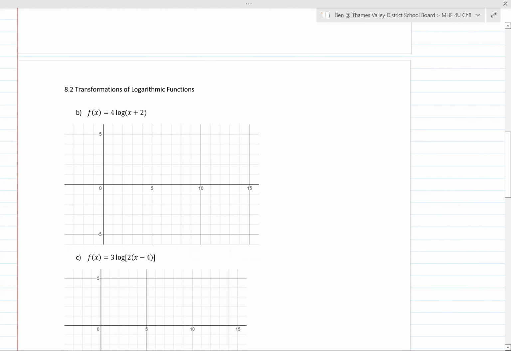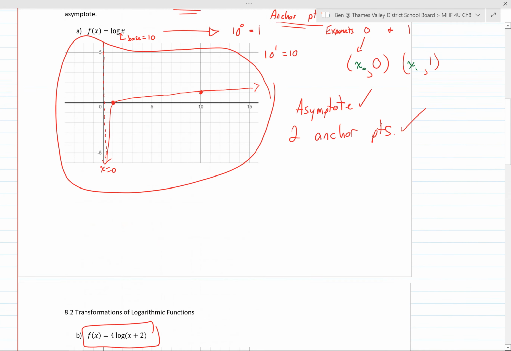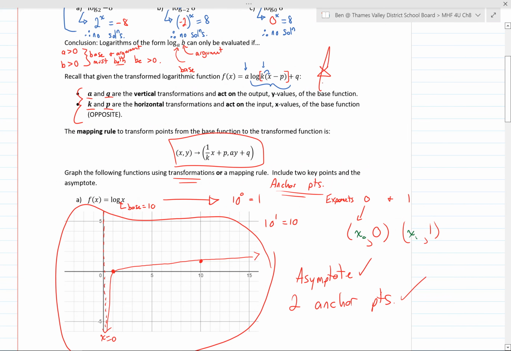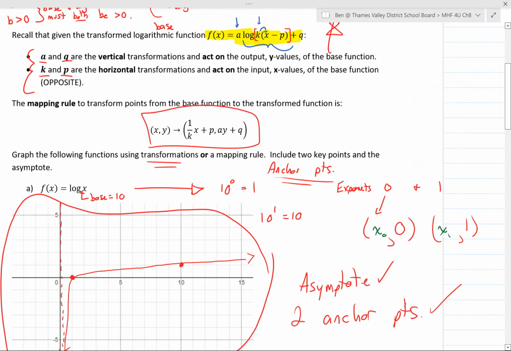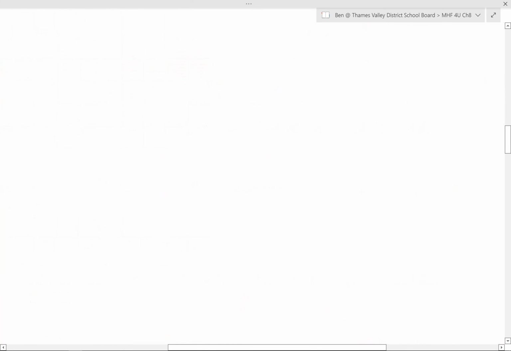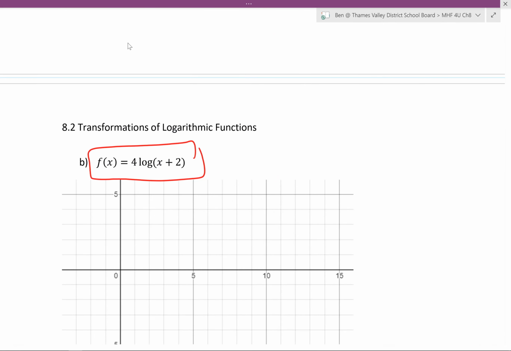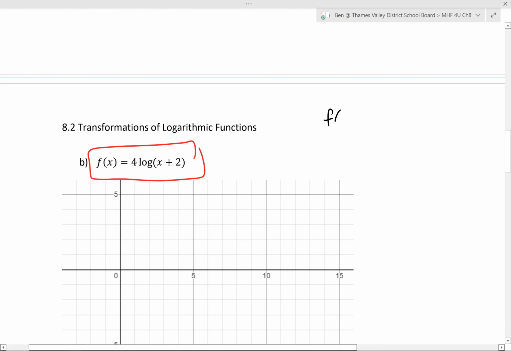Now here, judging by this form right here, this is where you'll want to be referring to if you're trying to figure out which transformations are being applied. Judging by this form right here, we can see, and I'll write this, you know what, I'll take a copy of that down below. f of x equals a times the logarithm of k times x minus p plus q. All right, so that's what we're going to work with, and we need to try and find out which values